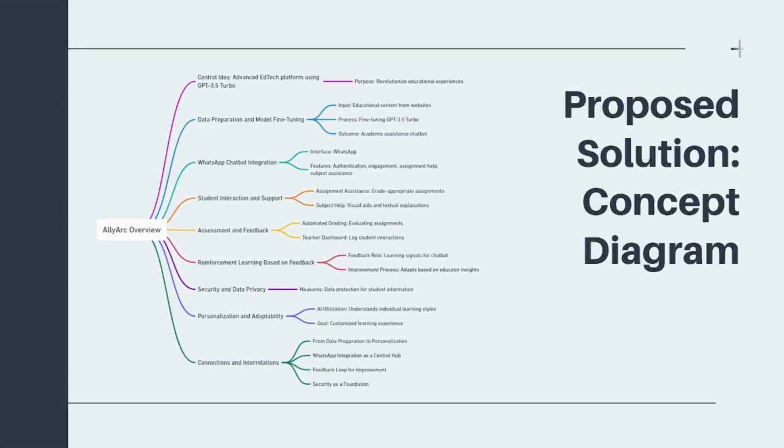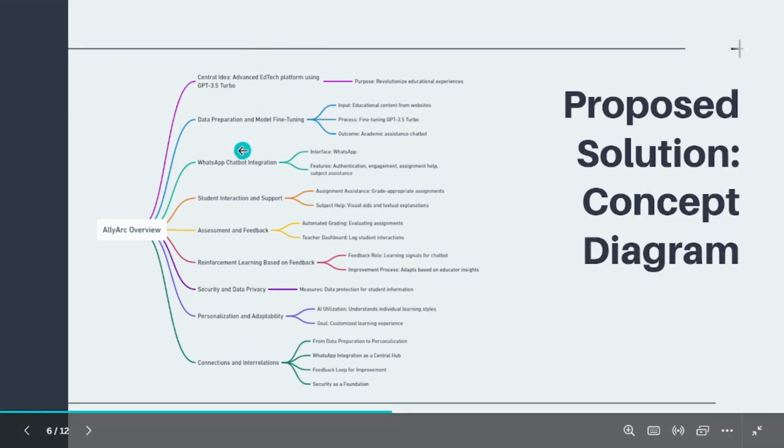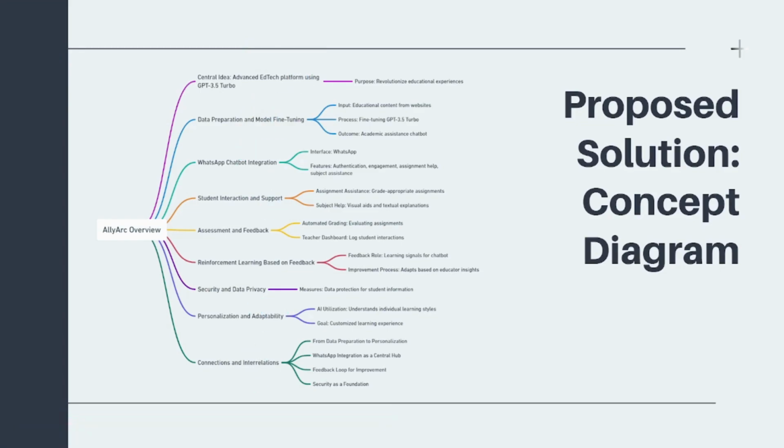Quickly, let's go through the concept diagram as well. So, Ally Arc has the main idea, which is fine tuning the GPT 3.5 turbo model. So, and then for that, we had to have data preparation, which once again get educational content from websites and use that for fine tuning to create the data set. And then that is used to fine tune the GPT 3.5 turbo model,